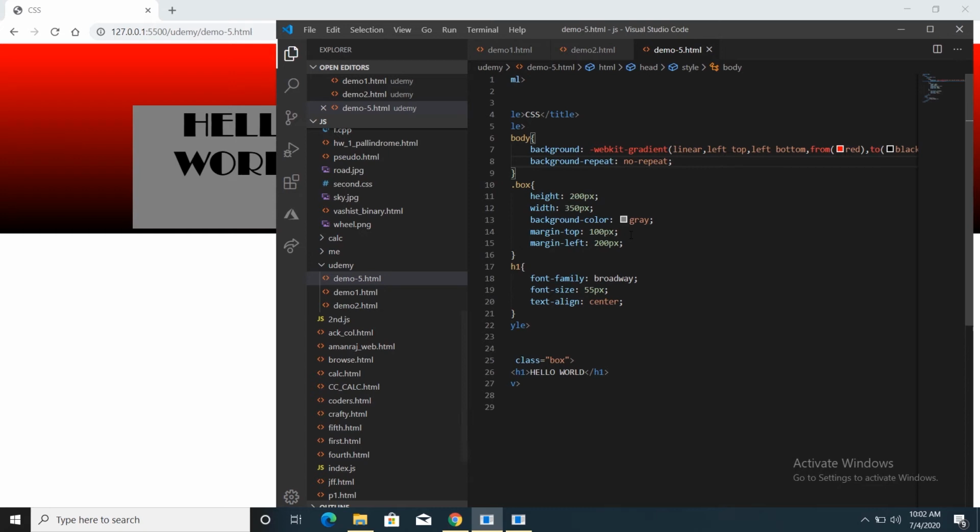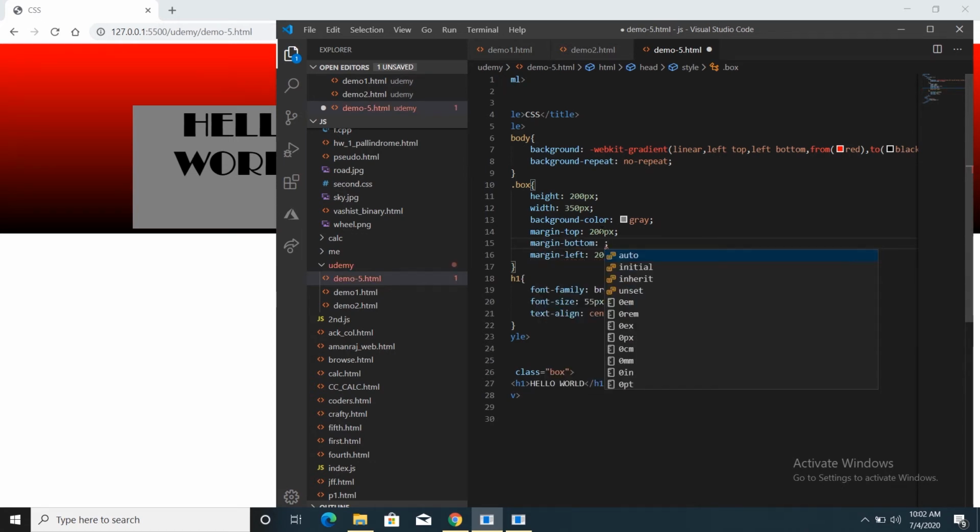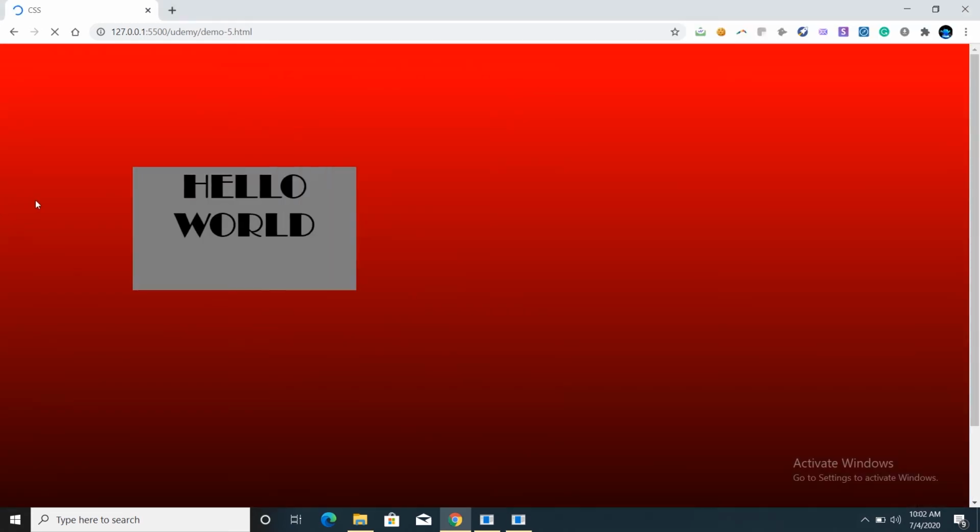Now do one thing, mention some margin here, increase the margin to 200 pixels. Also mention the margin bottom so that I'll be getting it in the center, the margin bottom will be 500 pixels. Now I'm getting a complete view. Now how to add this part is done. How to mix the colors? We can use either linear gradient or else we can use the circular gradient.